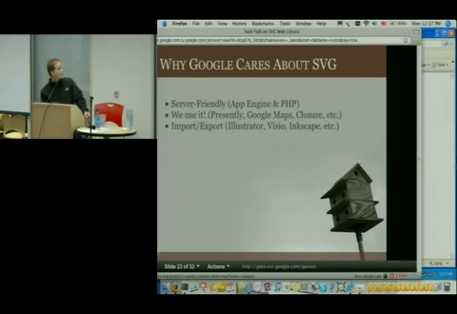One of the really cool things is it's really server friendly. Yes, you can have PHP that spits out some binary Flash or something like that, but it's not easy. It's really easy to do that with SVG, especially now that we allow you to directly embed it into normal HTML. We use it, for example, in Presently, in Google Maps. In our internal library Closure, we use it as one of our drawing surfaces when there's native support.